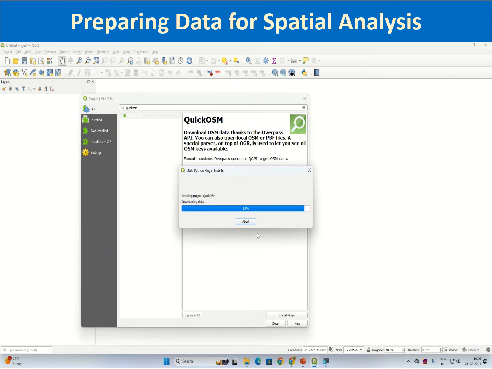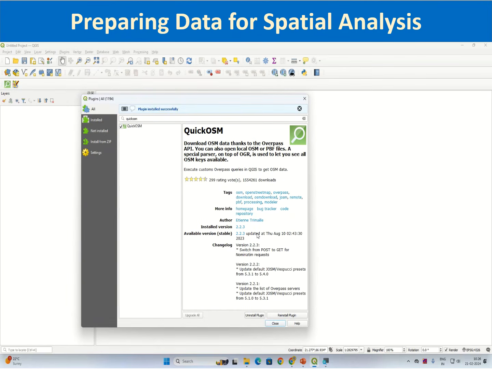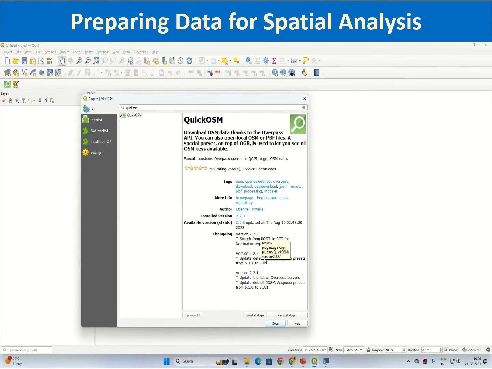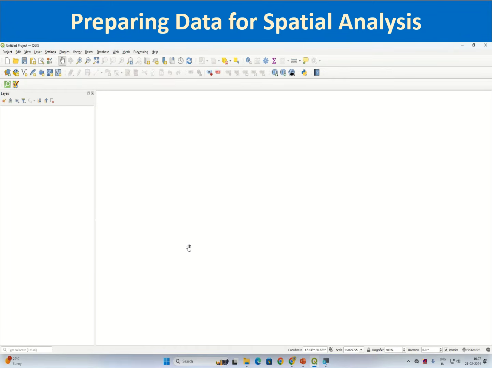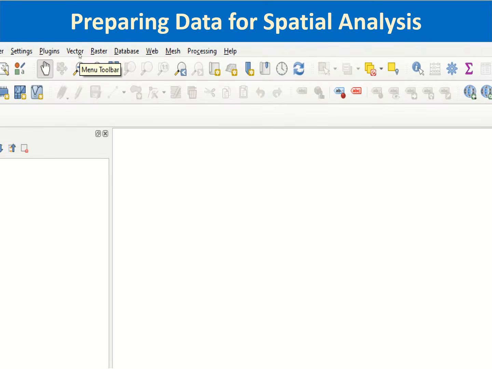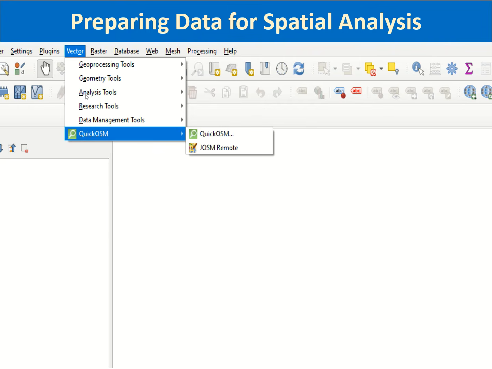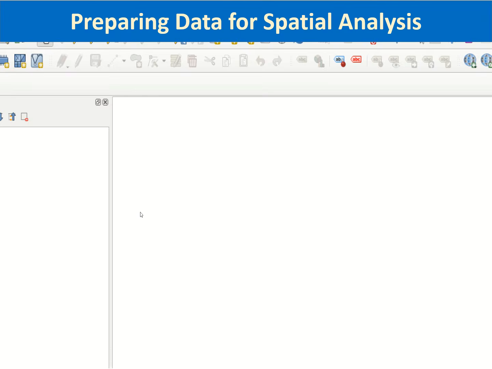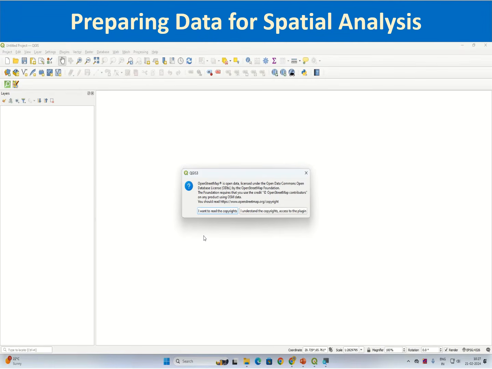Be aware that while installing the plugin, you need to be connected to the internet, because it is fetching the data from the repository. Otherwise, while working in QGIS, you don't require connectivity. After installation, QuickOSM has been installed. You can check it by going to the Vector menu, and you will find a new option of QuickOSM has been included. So you can click this QuickOSM,